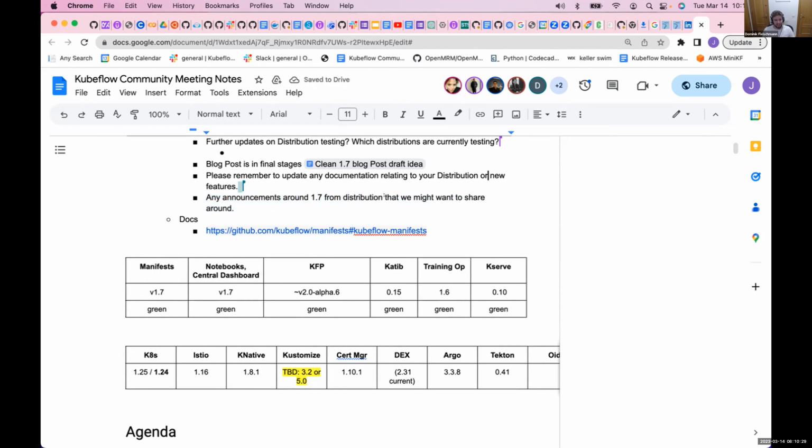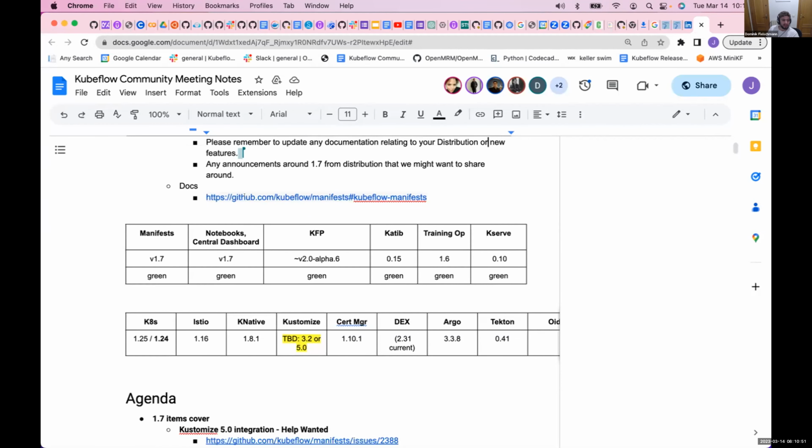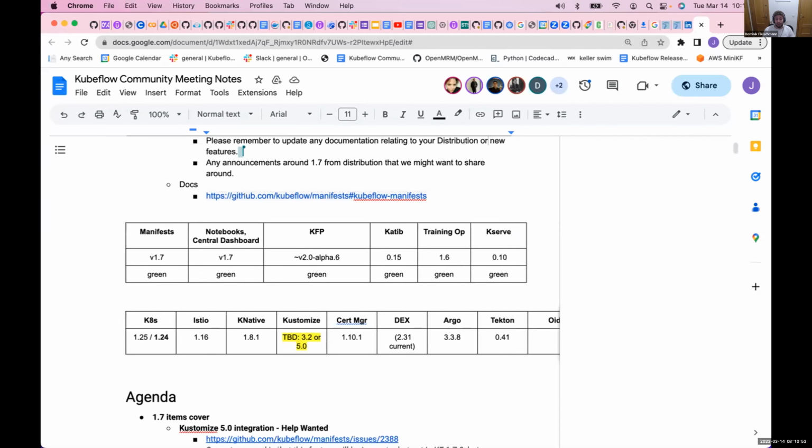How can they reach out? Through Slack. Slack is mostly the best place to reach out, or just comment now or in the notes and we will find it. And to be clear, anyone who's watching and doesn't know how to join the Slack, just go to the kubeflow.org website, go to the community tab under About and click join the Slack. I had some people asking about that. Thank you, Matthew. I think that's something that we sometimes forget. And that's basically it.